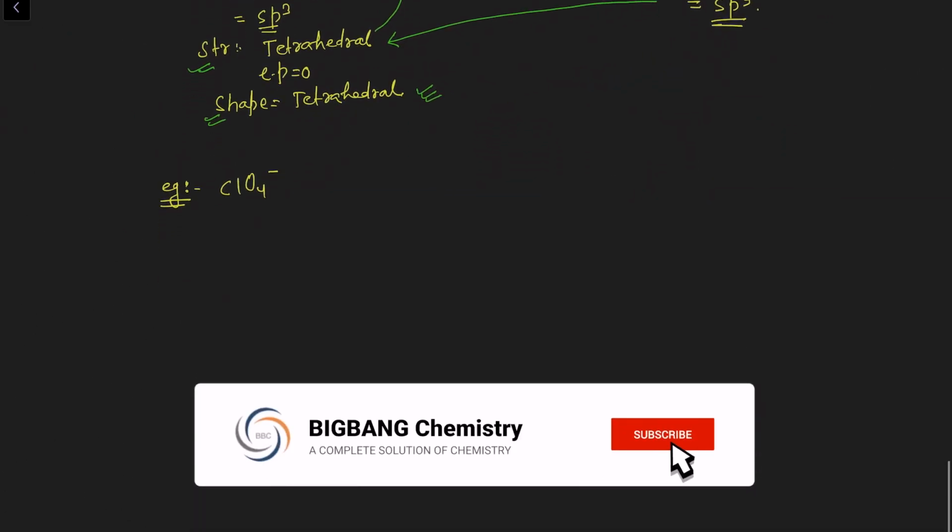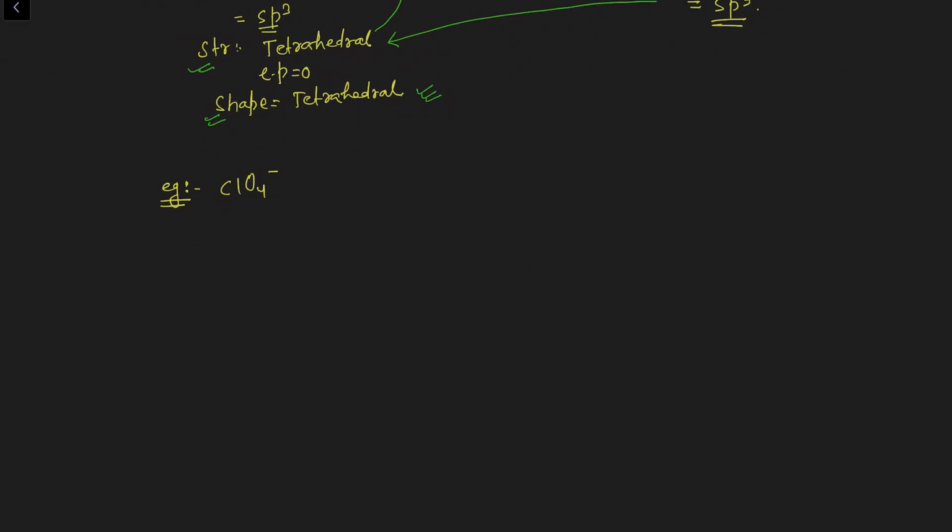Again draw the simple Lewis dot structure of this molecule, sorry, this ion, right? So this is the anion. When you draw the simple Lewis dot structure, it will be like that. Chlorine can expand its octet, right? Because of the presence of d orbitals, there is a different discussion of why chlorine shows different oxidation numbers and expands its covalency. We will not touch those topics here now. We will focus on the hybridization only.